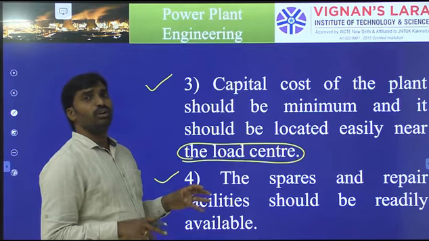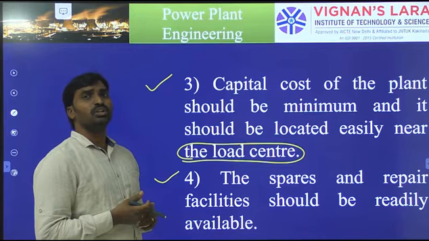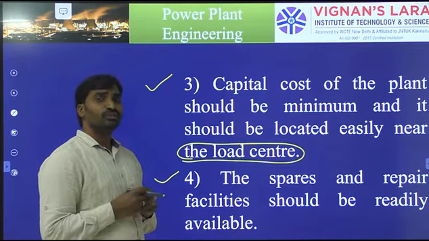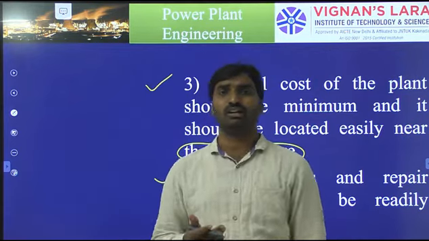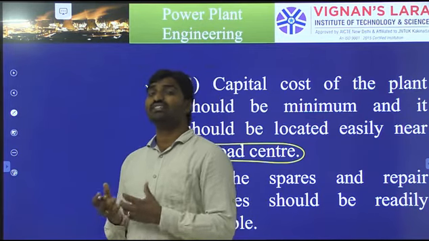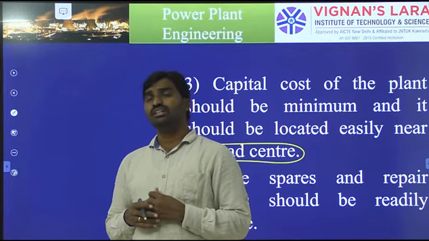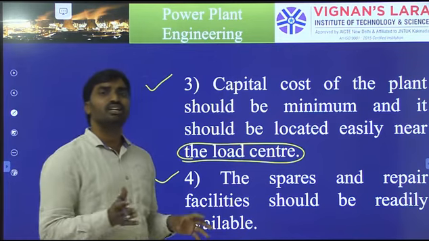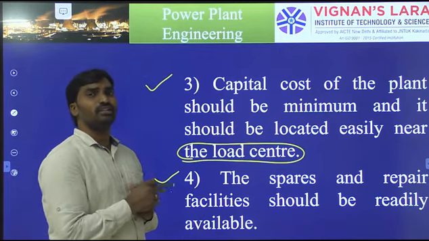See here, if you want to purchase electronic goods or anything, you check whether a service center is available or not. For example, if you want to buy a BMW bike or a Harley Davidson bike, you see that the number of service centers is less, because it's a very costly bike. In case you purchase a Honda or Hero bike, the number of service centers is more. So you can get service at any point.